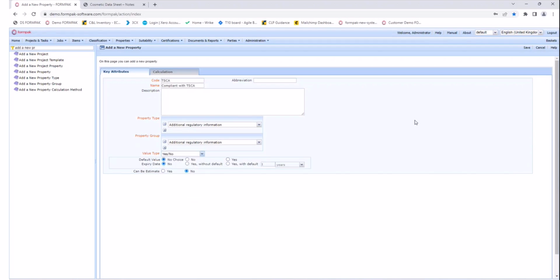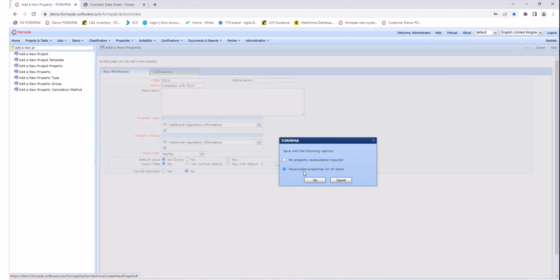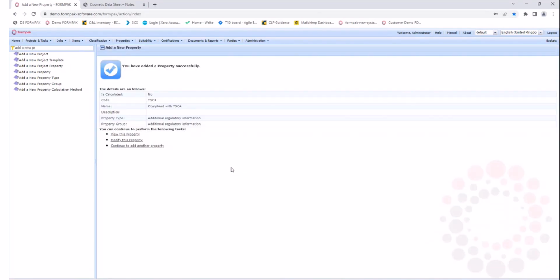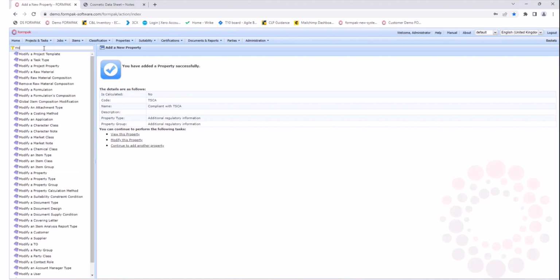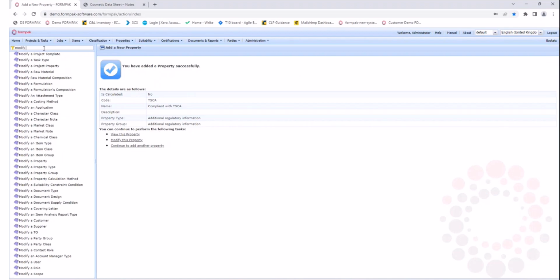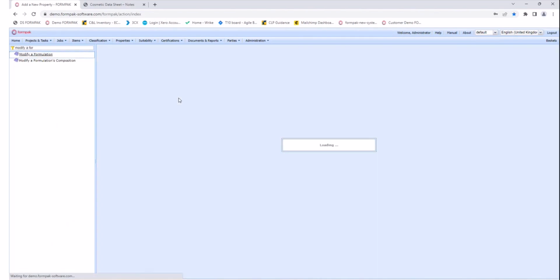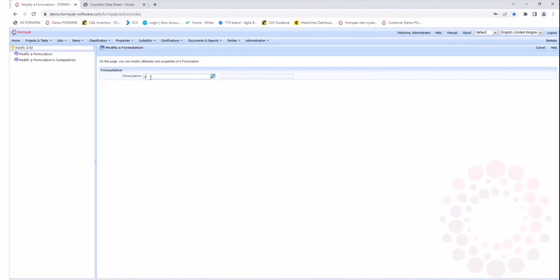So if we click yes and then click save, and we don't need to recalculate all the properties for the item, so click OK. And now we're going to modify the formulation and change the value of the property that we've created to yes. Okay, so if we go into modify a formulation, and then input our formulation,